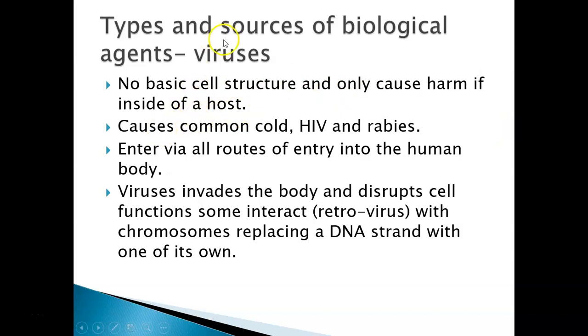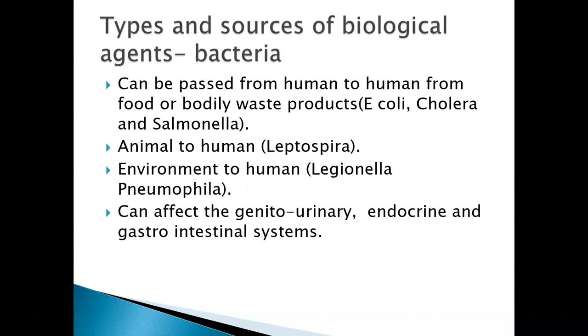Sorry, my mistake there. Viruses, right? No basic cell structure. I may have gone a bit too fast. Sorry, yeah. So can be passed from human to human. Cholera and salmonella, some typical examples of bacteria. Animals to humans, urine of the rats. Environment to human, Legionella pneumophila, which is the name of a bacteria that's found in warmer waters anyway. Anything around 55 degrees Celsius can affect the